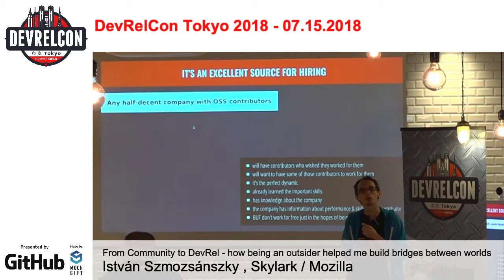It actually makes a perfect dynamic because your open source contributors either give up their free time or whatever time they spend on your project. They are building up skills that you're going to need, that you're needing in your development processes. So these people will know all about the processes that you have inside the company, and you don't. The most important thing is about these people having these skills because they have contributed, you have reviewed their pull requests, all of these things, and even if they are not working on the things that your company has open sourced or your company's contributions,